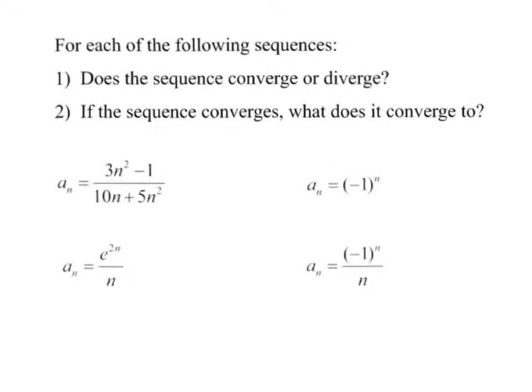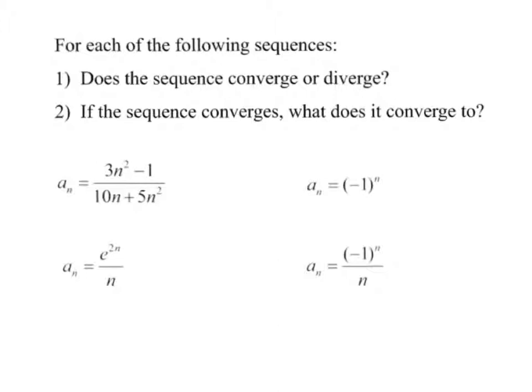In this video, we're just going to do a quick review on sequences. Remember, a sequence is simply a pattern of numbers given by some kind of formula. So, for example, this first one, 3n squared minus 1 over 10n plus 5n squared, if you were actually to list